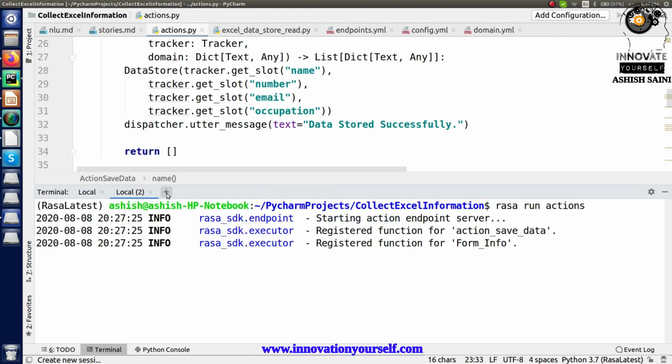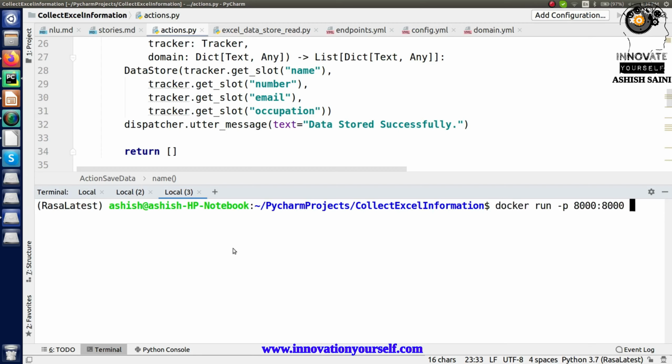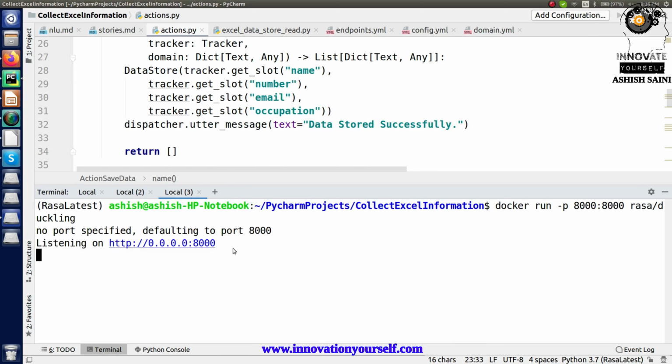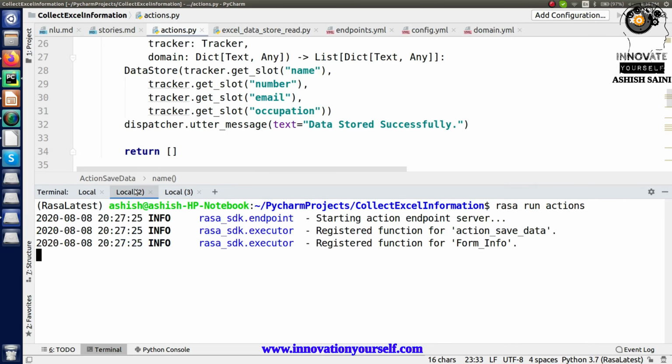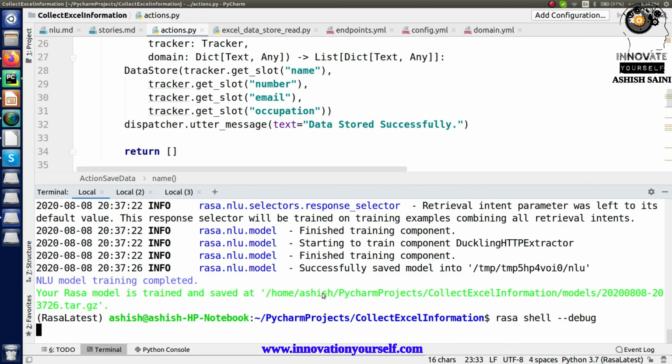The last thing left is to run the Rasa Duckling, so let me run that as well. Alright, Duckling is also running. Now we can go ahead and test the bot. Let's run Rasa shell just to test it.